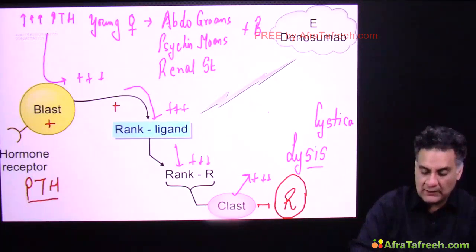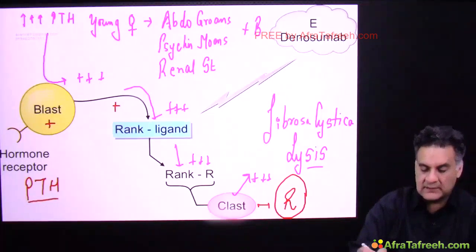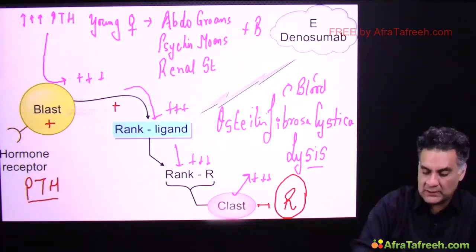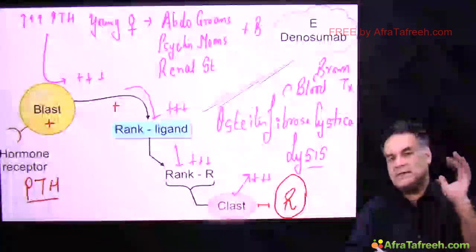The cyst is filled with fibrous tissue, called fibrosa cystica. There is bone involvement, osteitis fibrosa cystica. When there is blood in it, the blood degradation products give it a brown color, called a brown tumor. This is the story of